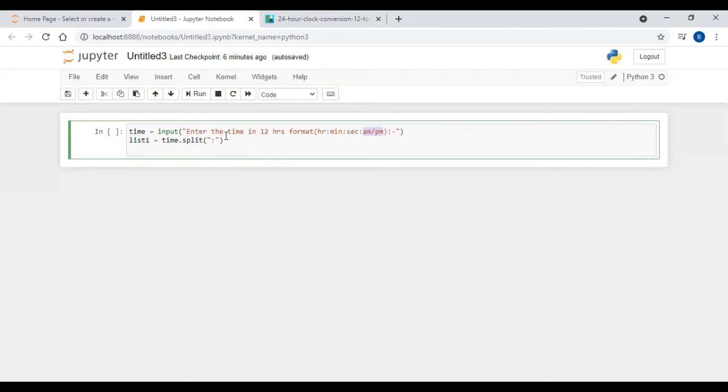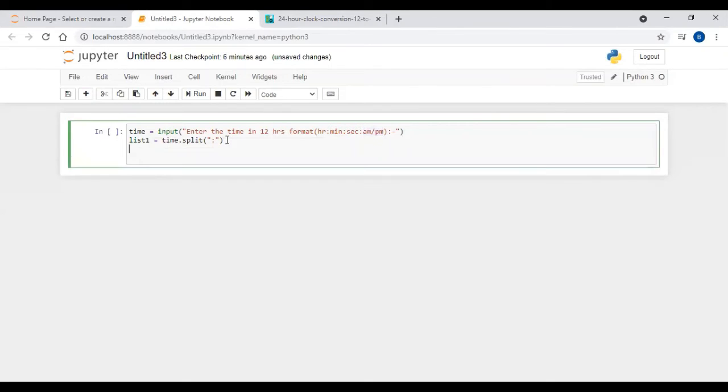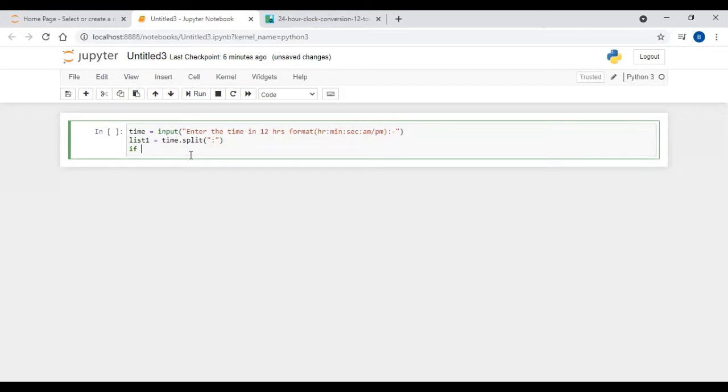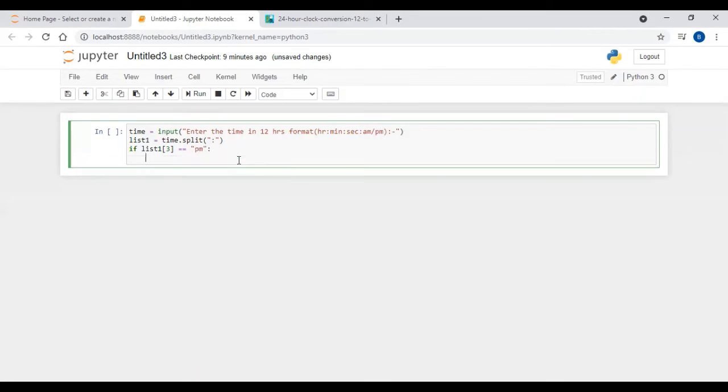And if it is PM, then we have to add 12 hours to it. So here in the third line, if list1's fourth element, which will be placed on third indexing, if list1's third indexing element is equal to PM, then print